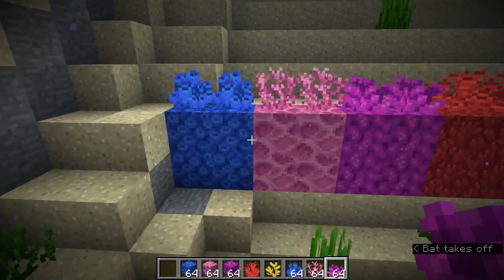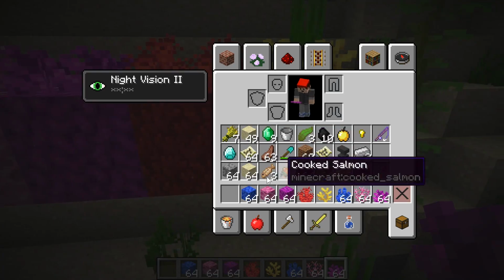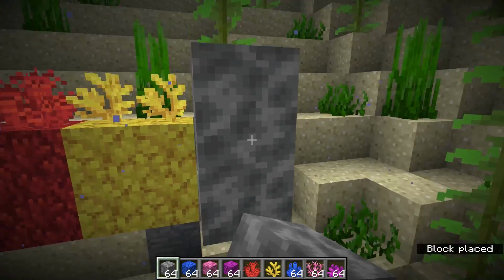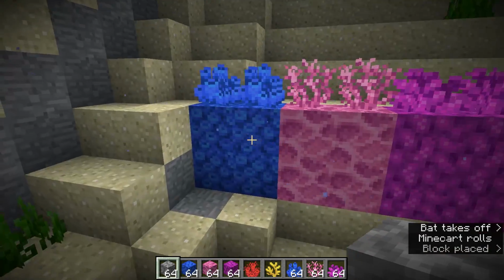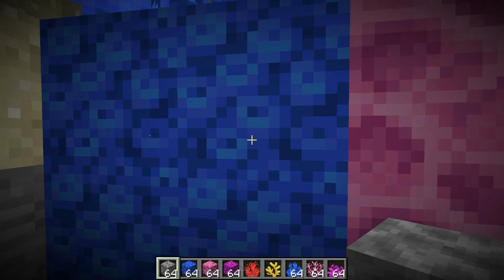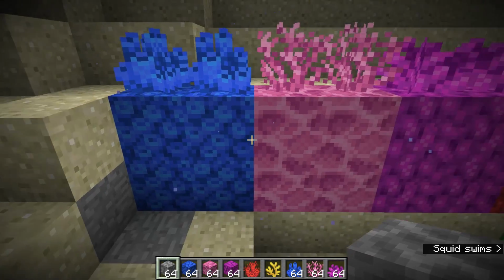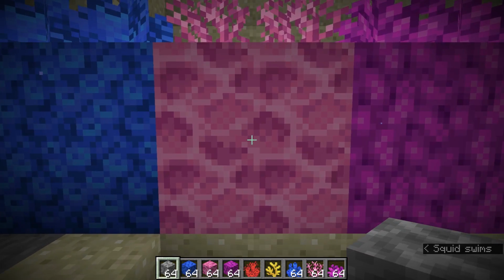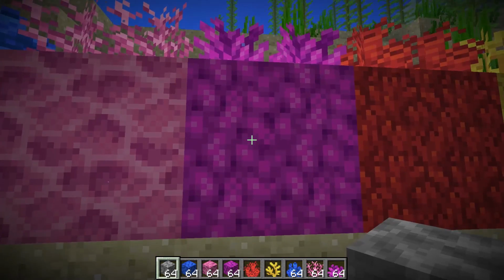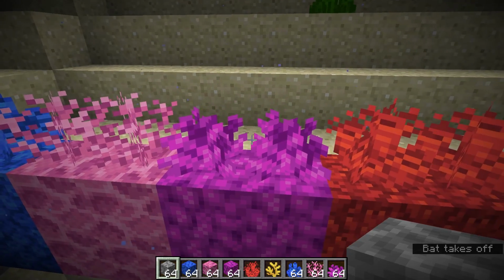So also updated is coral, and every texture is different except for the dead coral. That still looks basically the same. But every coral now has a plant variant. So we got blue, which kind of looks like rounded little things with a rounded little plant. You have this pink that almost looks like a turtle shell, but with some nice sort of wispy plants. Then you have purple that sort of looks like scales, in my opinion, and it has more of a leafy